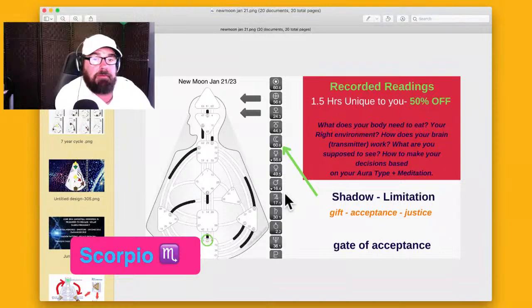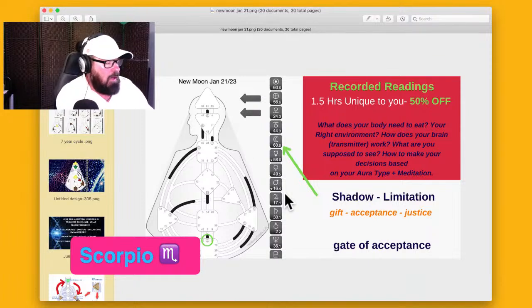And Pluto, Sun, and Moon are all in this shadow of limitation, and it's in your third house. So this is about your thinking. Third house rules thinking, rules the way you communicate, your communication, and siblings, sisters or brothers.